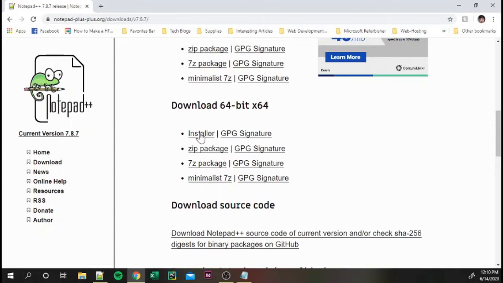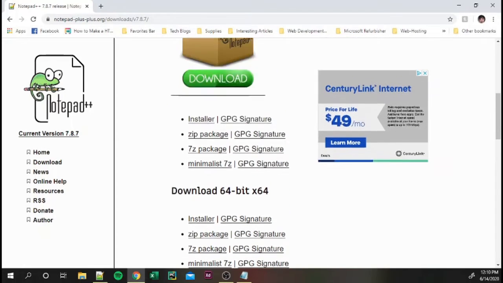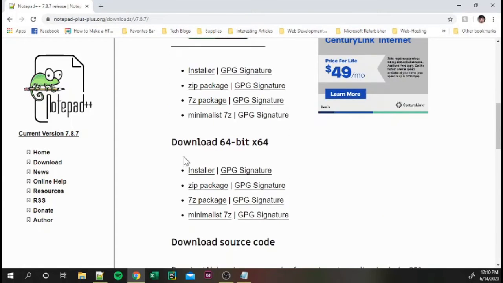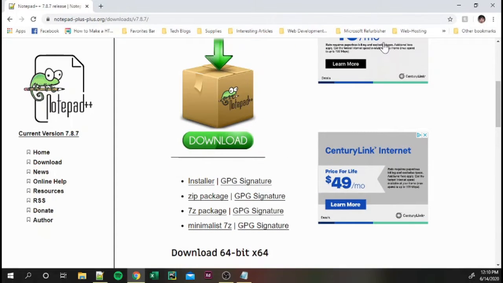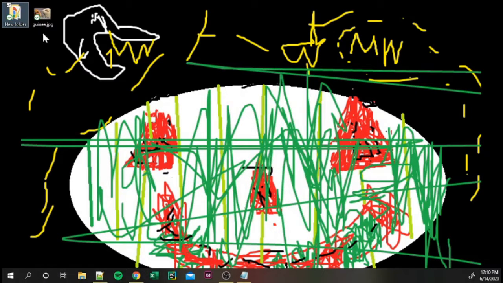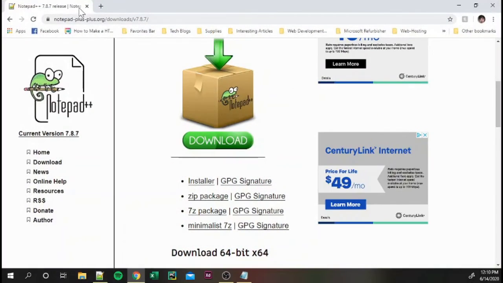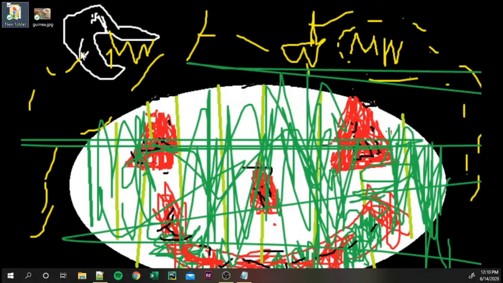I actually would go for the 64-bit. That's probably the kind of computer you have, but you can just double check that in your systems. Okay, so once you get it downloaded, which I already have, so I'm not going to re-download it, you're going to want to open it,